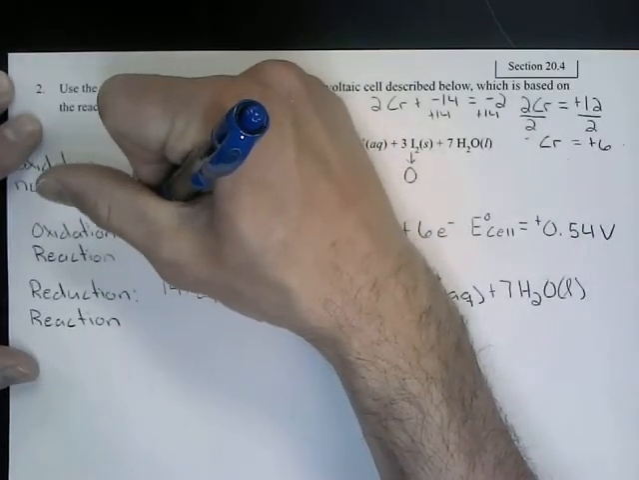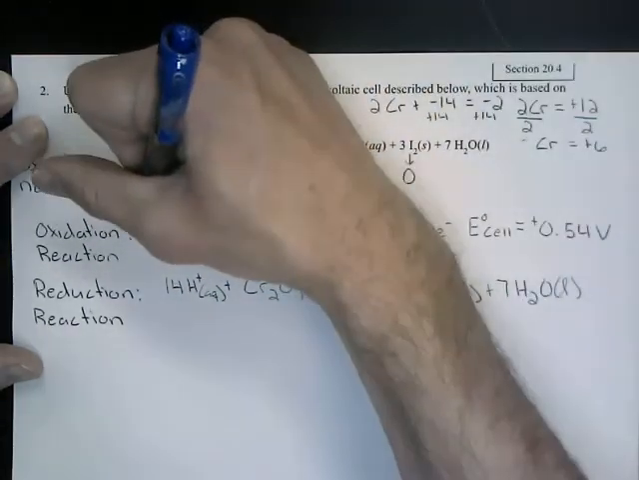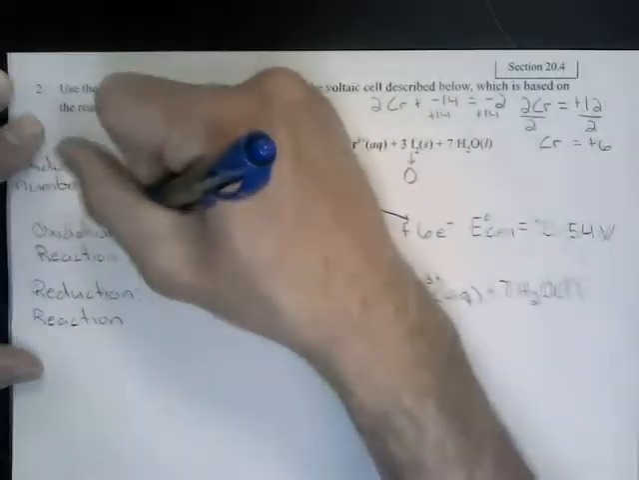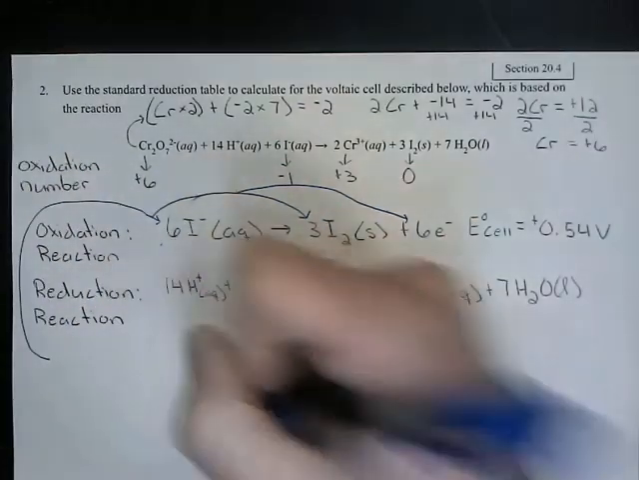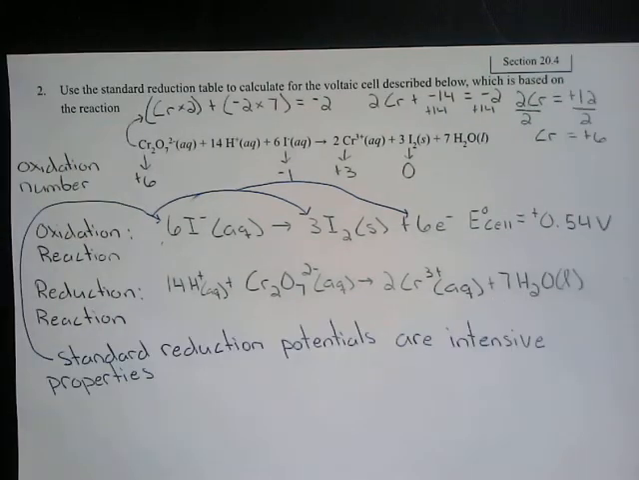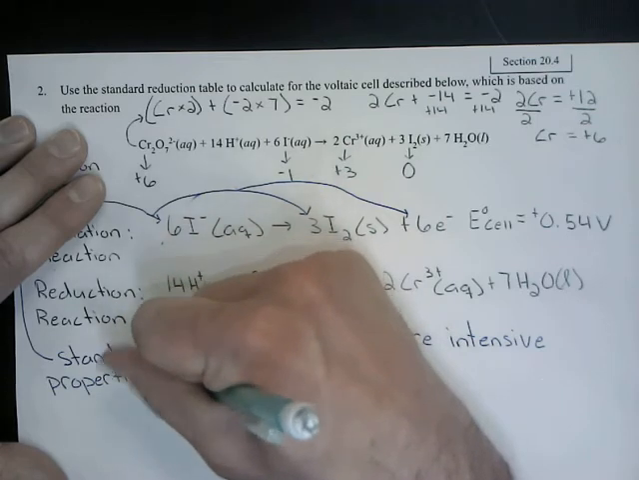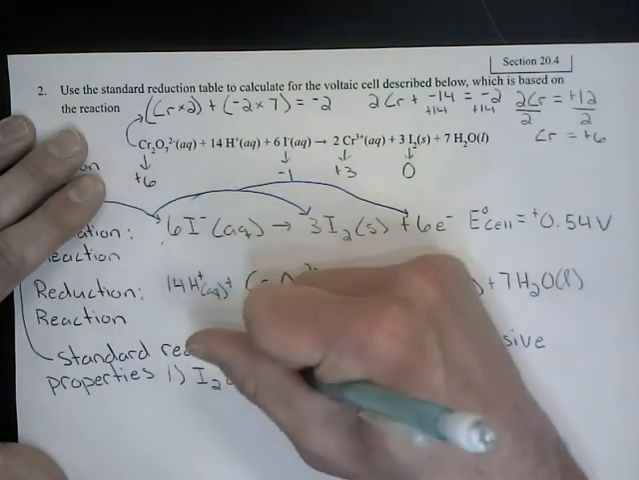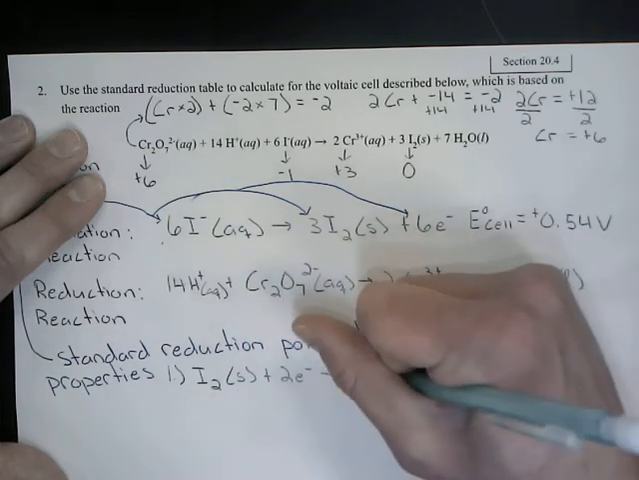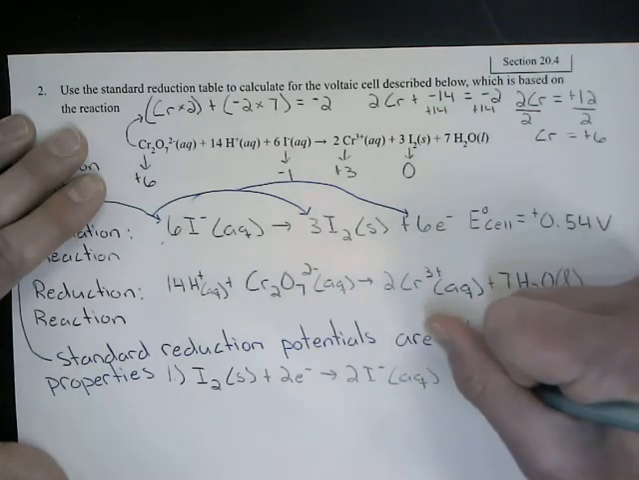So I'm going to draw an arrow to each of these coefficients. Our standard reduction potentials are intensive properties. So what that means for us is as follows. We could have here, and I'm just going to put a 1 for our example, our iodine getting reduced to 2I minus, and it is going to have a standard cell potential of